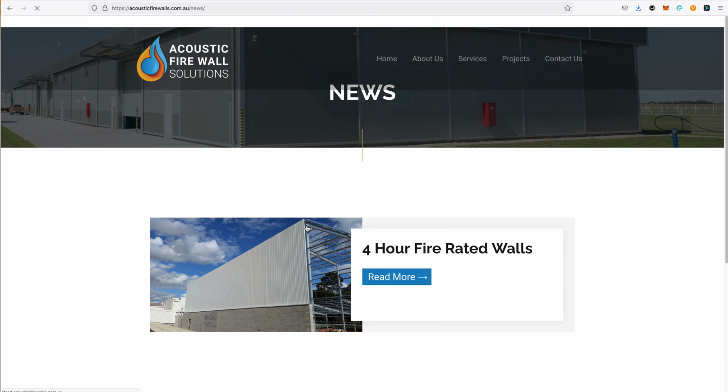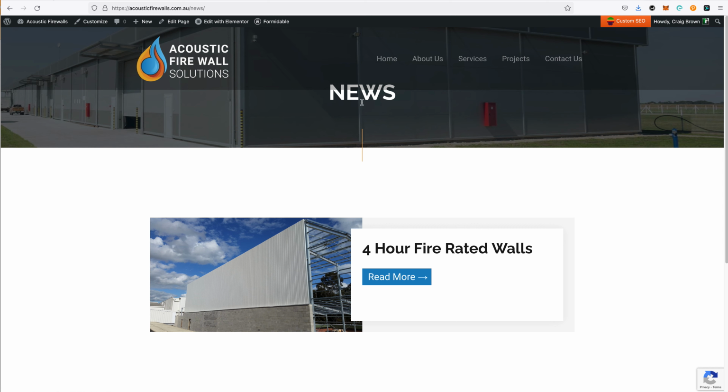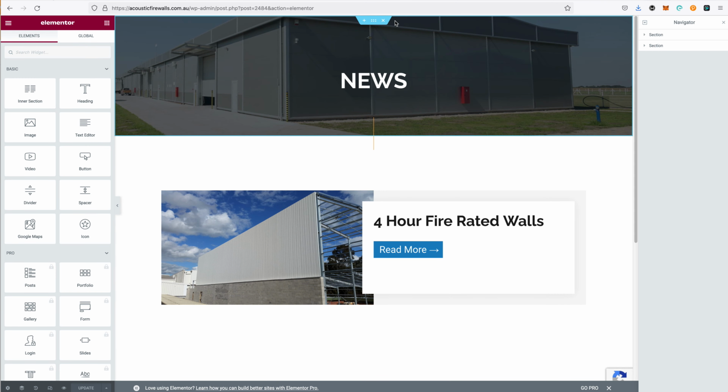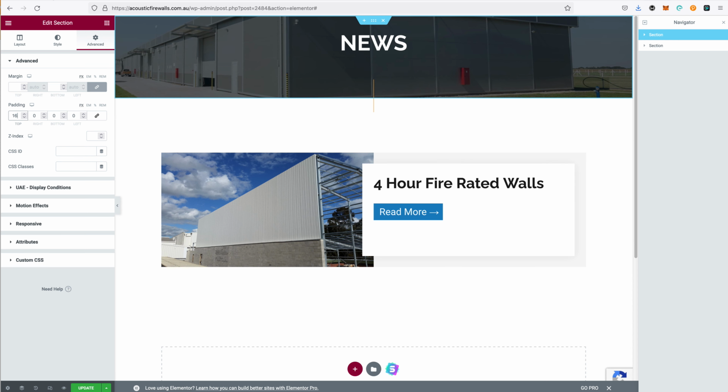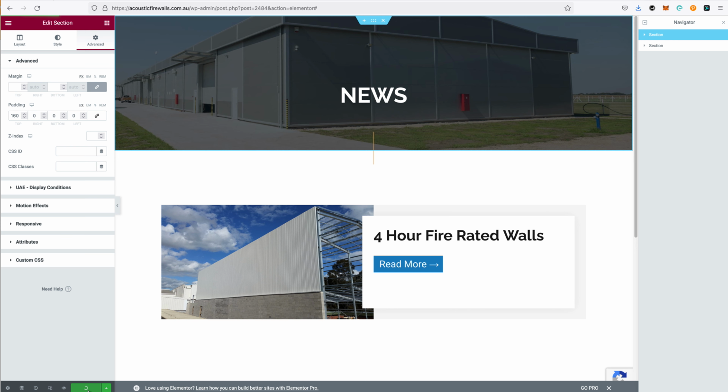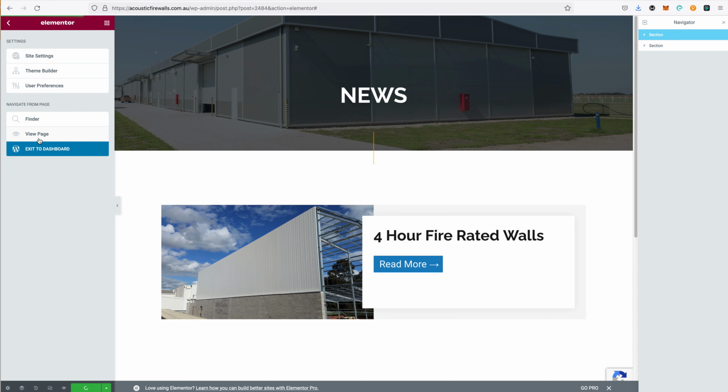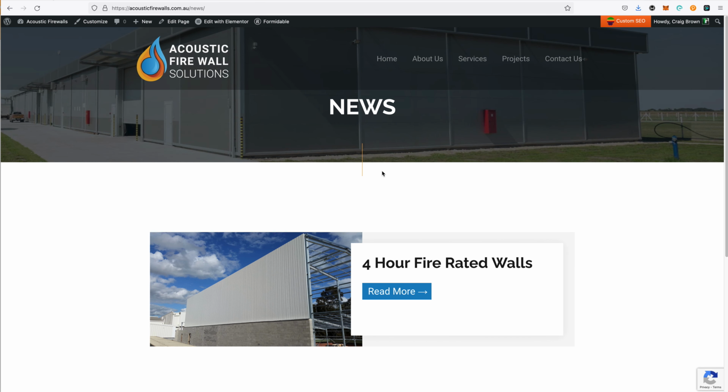So let's have a look at that page. Yeah, we could put a little bit more space on the top of the news, right? So choose that section, and at the top, let's give it 160. That should be enough. And wait until it saves and view the page. Now I'll get you to check all the responsive design for this to make sure it looks great on tablet and mobile. Now there's just one last thing I'd like to do,